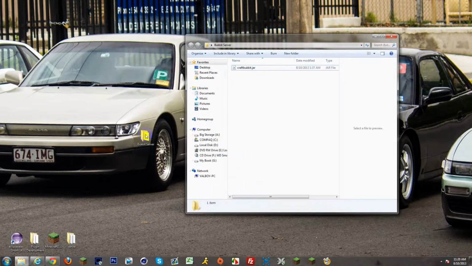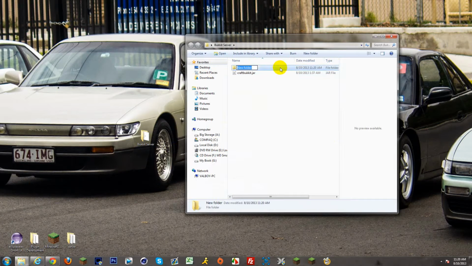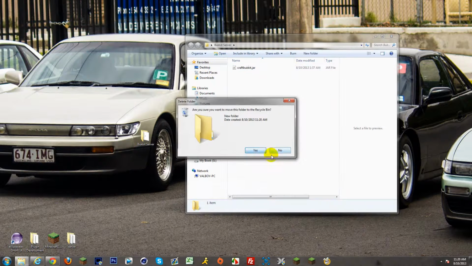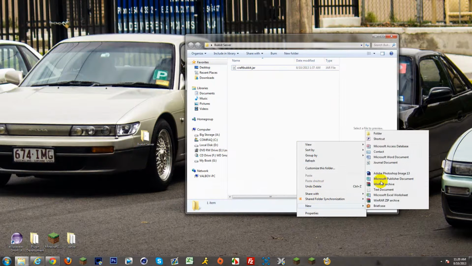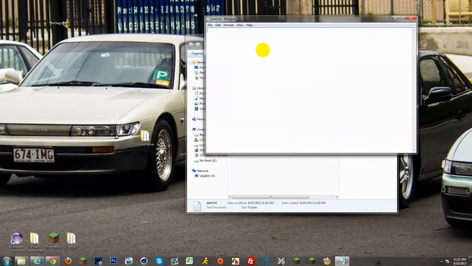Put it in a folder. I named mine bukkit server, and type in new folder, not folder, my bad. Everyone makes mistakes. New text document and call it start. And now we're going to edit this. Type in Java